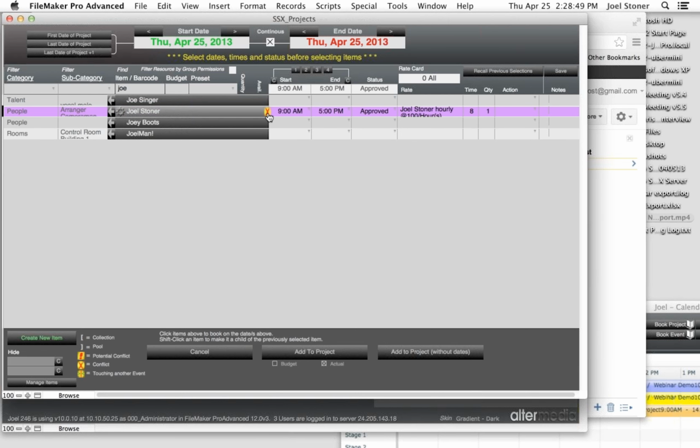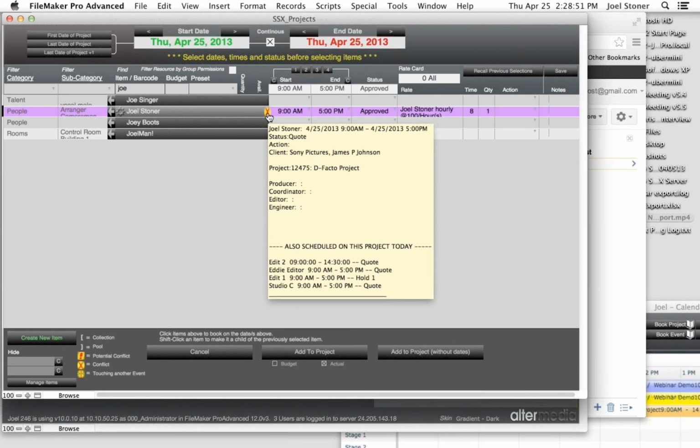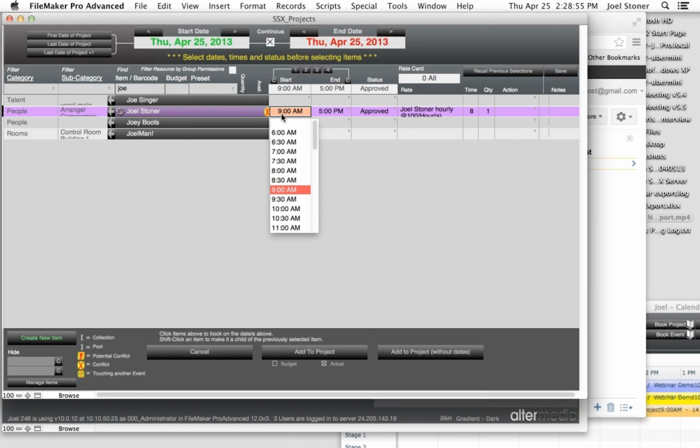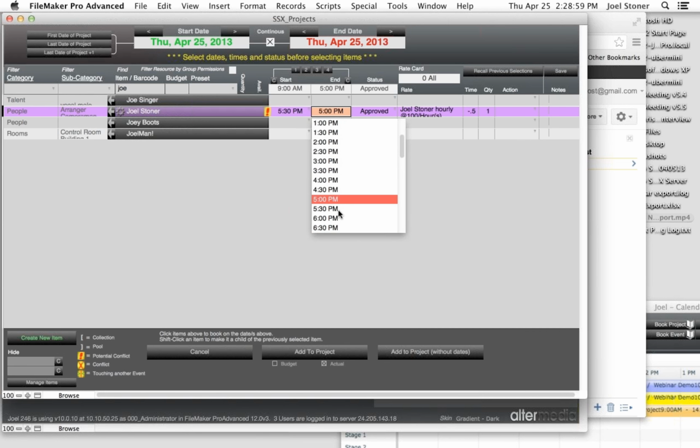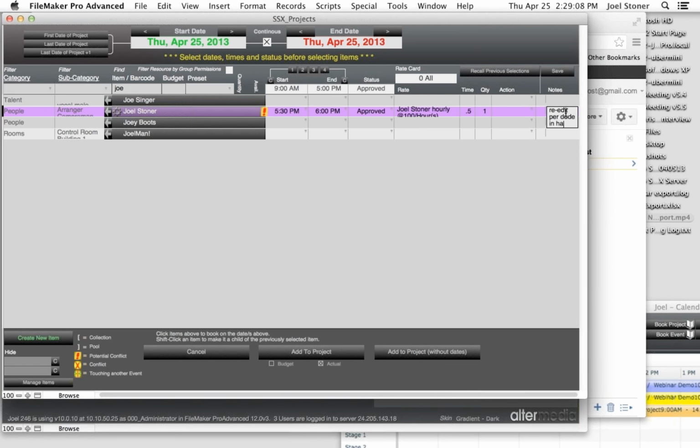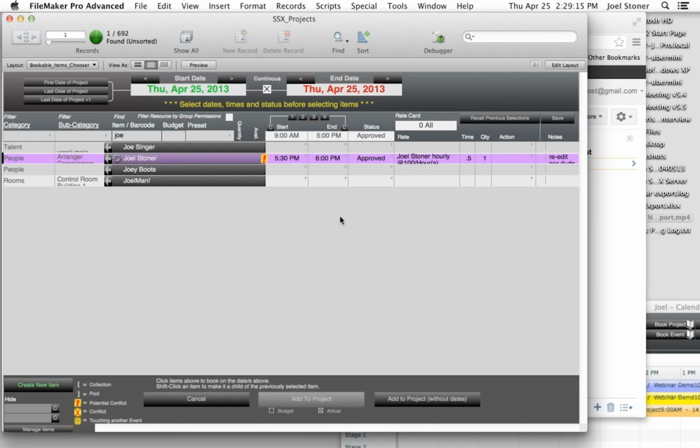And so that's showing me I'm creating a conflict. I'm going to hover over that. It's going to show me what I'm conflicting with. So I'm already booked 9 to 5. So, okay, I'm going to go ahead and book myself from, say, 5:30 to 6 on a re-edit per dude in hallway. So I'm going to go ahead and book myself on that project,